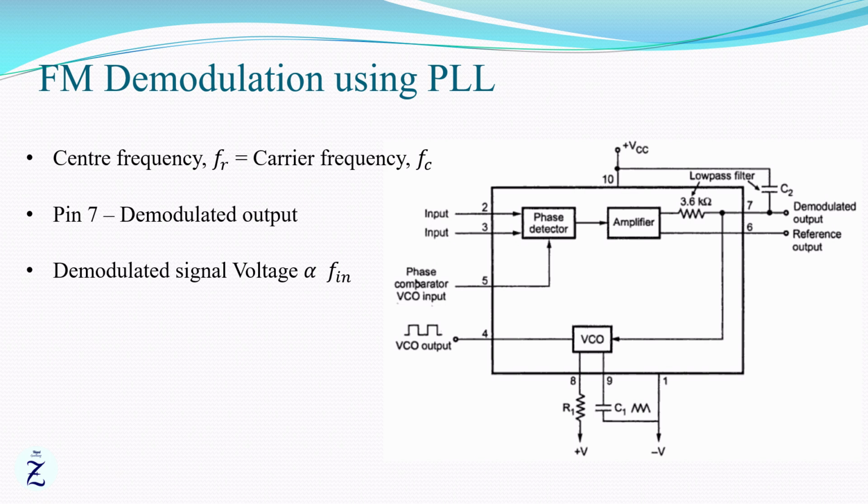We know that an FM signal is generated by varying the frequency of the carrier signal in accordance with the amplitude of the message signal. Hence, at each instant, the variation of frequency from the carrier frequency Fc will give the information about the magnitude or amplitude of the message signal.